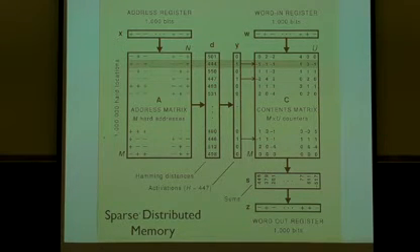First of all, in this sparse distributed memory model, these two matrices are very different and have a very different function. The left matrix is random and it is fixed. Once you build it, it will not be changed from then on. And the right matrix is a matrix of variable weights. So when you train something, you are training the weights of this matrix. So what does the left one do? Why do we have it here?